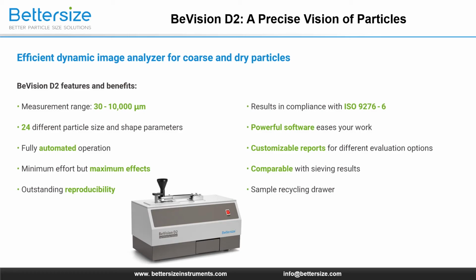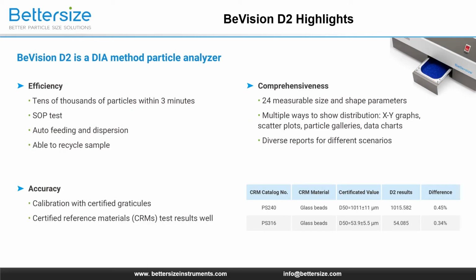The Bevision D2 is equipped with powerful software. The Bevision series offers 24 different particle size and shape parameters and further organizes the data into an all-around validation of particles. All results are in compliance with the ISO 9276 standard. Utilizing the automatic feeding system and high-speed camera, the Bevision D2 can measure the size and shape of